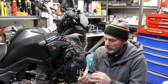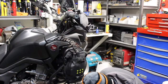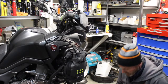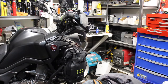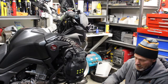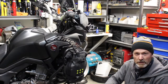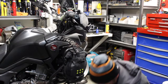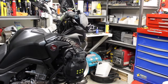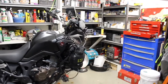So right in the collar, or the raceway, you have those little tiny spots where the bearing sits on there, and it just makes these, yeah, you can just feel them. They're just a little bit. Okay, that's just